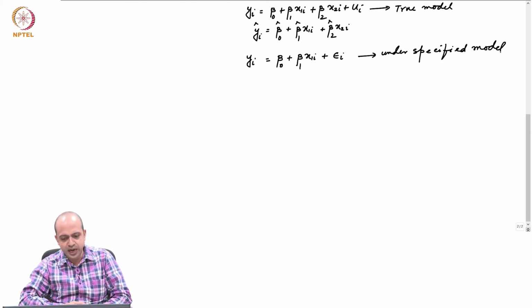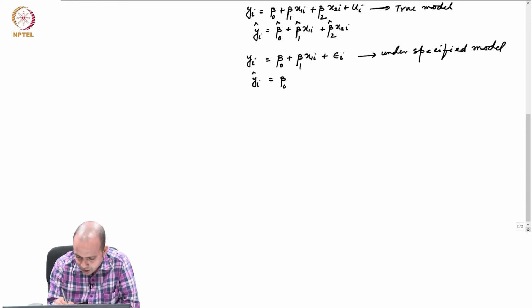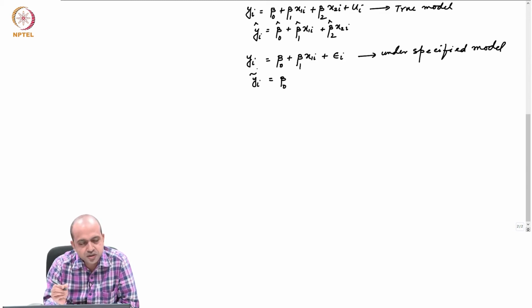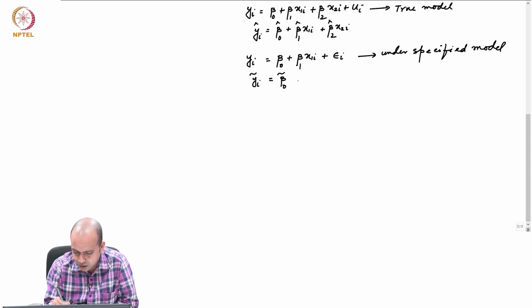So, because of that, you might have omitted this variable and estimated this type of model: yi equals beta 0 tilde, since the estimate from the under specified model is denoted by tilde, plus beta 1 tilde